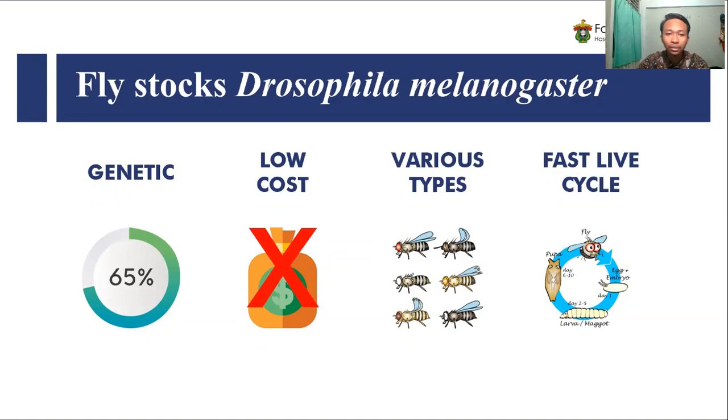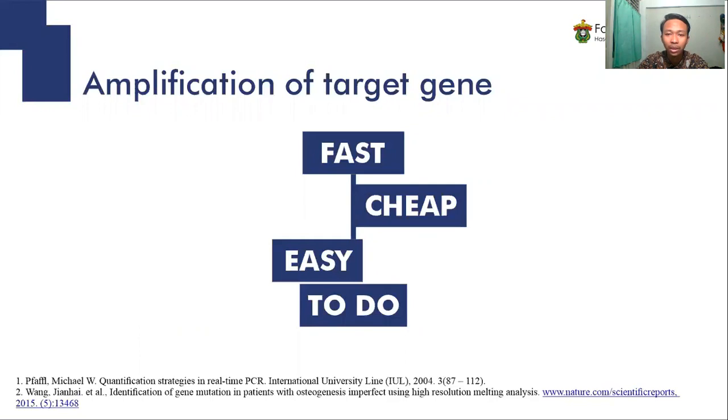To find out whether the animal models used are mutant types or not, testing with real-time PCR and the high-resolution melting method was performed. Real-time polymerase chain reaction coupled with high-resolution melting is one of the solutions in the detection of transgenic or mutant genotypes that can be used to promote development in biomolecular science. The advantage of this method is that it is fast, cheap, and easy to do in various places.